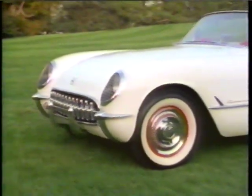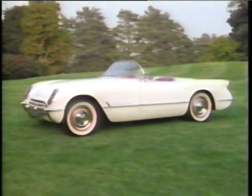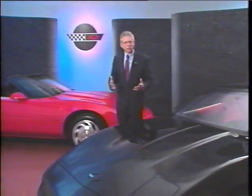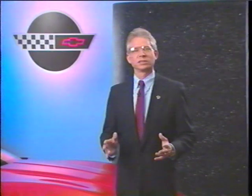From its debut in 1953, Corvette has been recognized as a design and a technology leader, and now the legend lives on as Corvette continues to win the hearts of not only Americans, but driving enthusiasts around the world. The people who designed and built your Corvette, along with the entire Chevrolet organization, are committed to your complete satisfaction